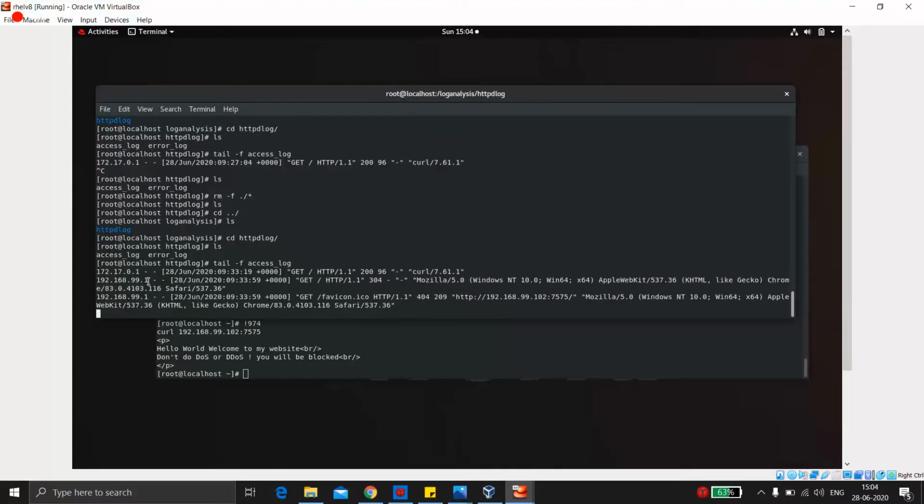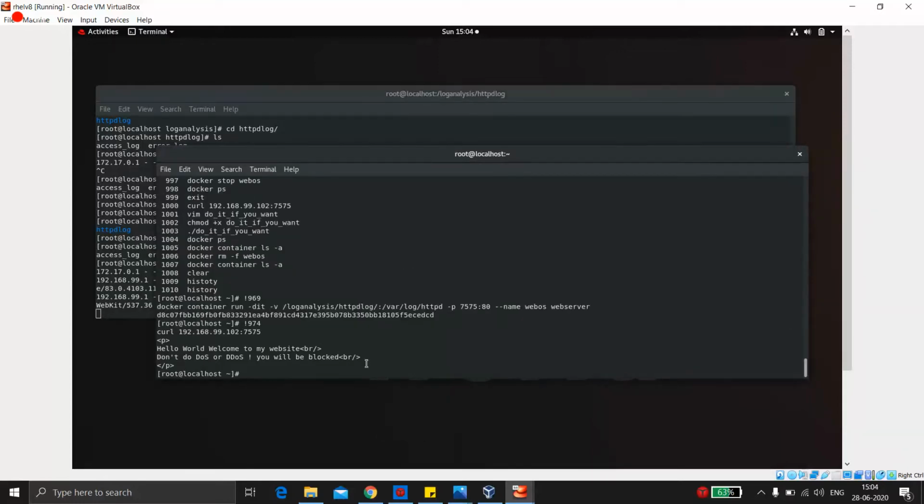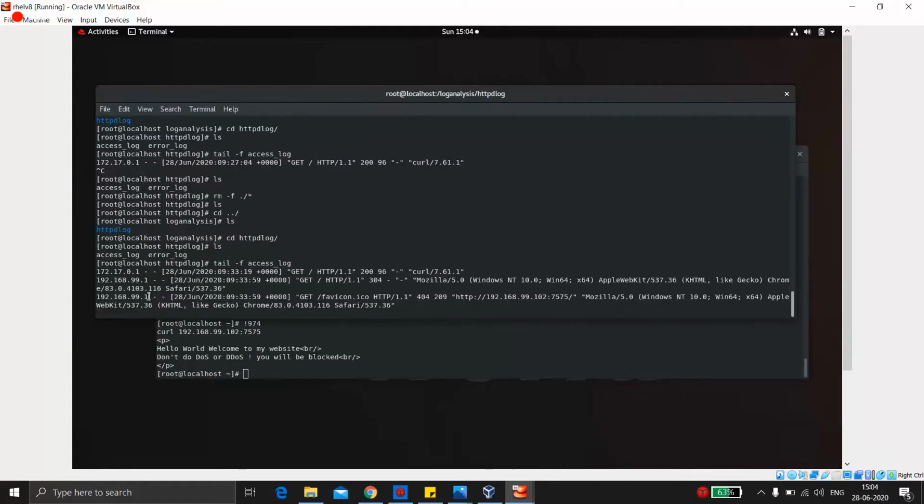I don't know why it's still this. Okay, let me check once again. What's the issue? Okay, anyway, let's continue with this only, so that there won't be an issue. So it would block this IP. It will block all these IPs.